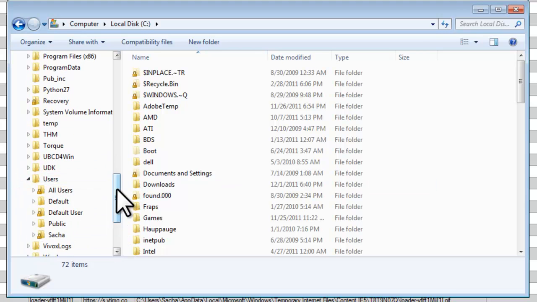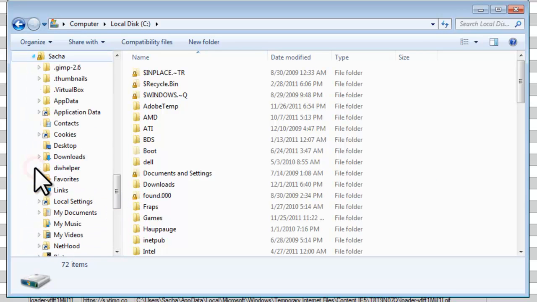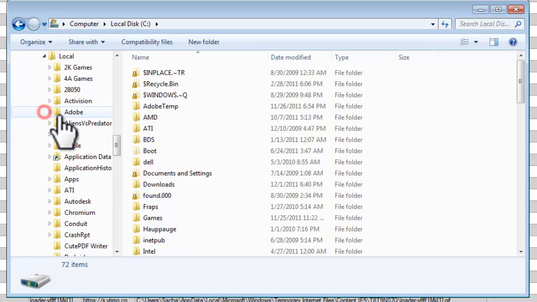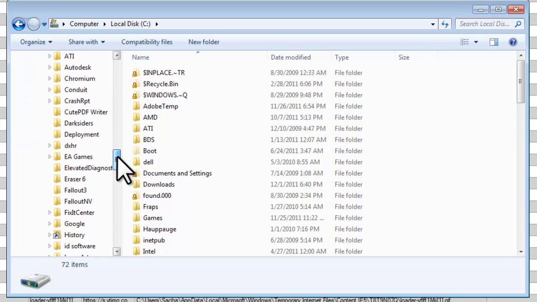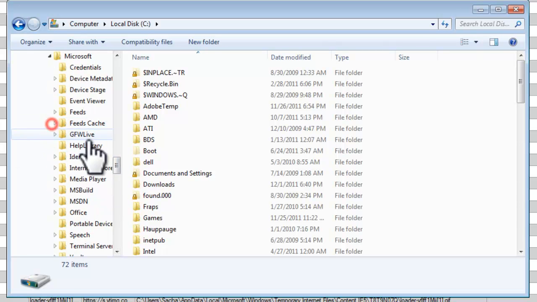Users. The user account name, which in this case is my cat's name, Sasha. AppData. Local. Microsoft.